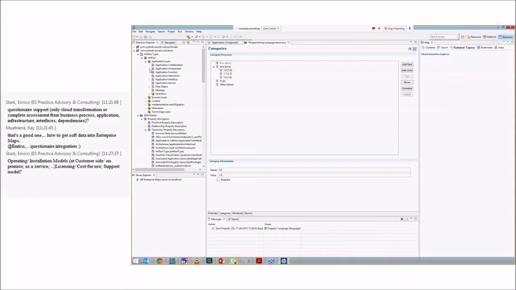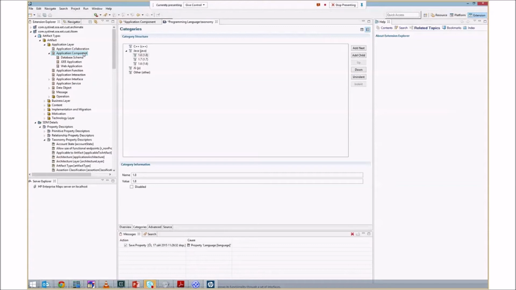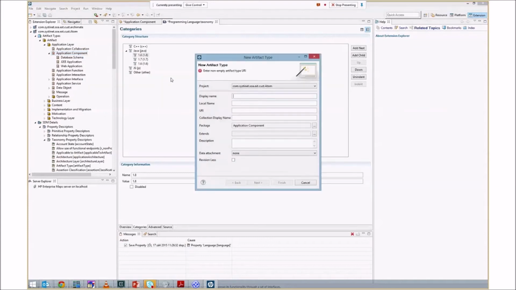as well as I can build a new artifact. So let's say I would like to build a business application, because in case of business application, I would like to trace some more information like business criticality, which is not helpful in case that we trace the application component. So I can click to, for example, application component, click to new, define new artifact type. I will call it